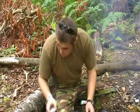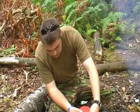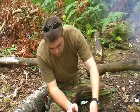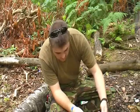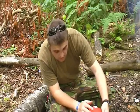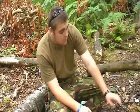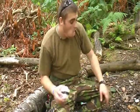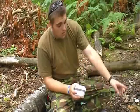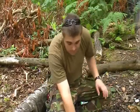Okay guys, I've just poured some of the water into this cup. Oh, it does actually get quite hot, so good thing they put a handle on it. Yeah, this actually looks like a really good cut, this. So we'll just fill that up, just top this up a bit more, put a little bit more water in. So in a second, when it comes up to the boil again, I'm just going to put the rice in with the sausages, and